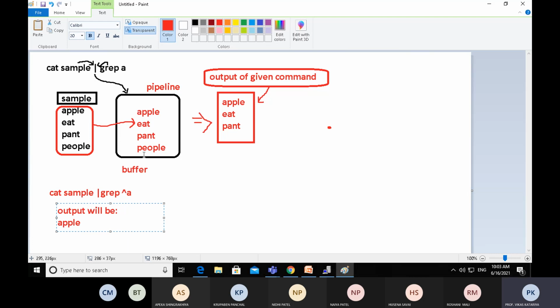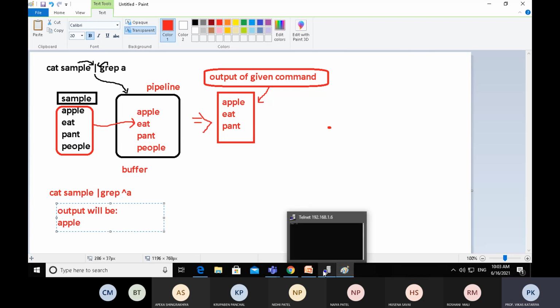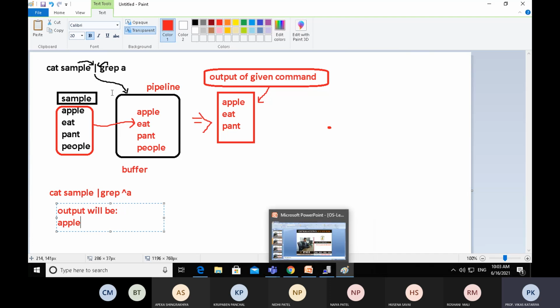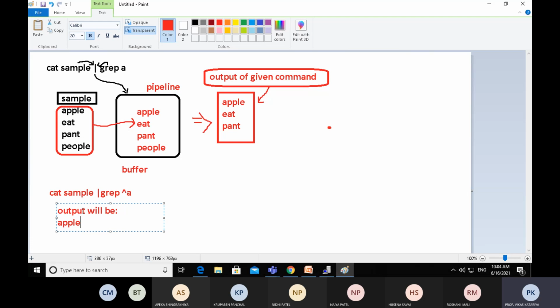In this case, we have a file containing many things, so we will get the output according to our file. But here we have mentioned only four: apple, eat, pant, people. Only one of them starts with alphabet A, so the output will be apple. Let's perform it in the practical.